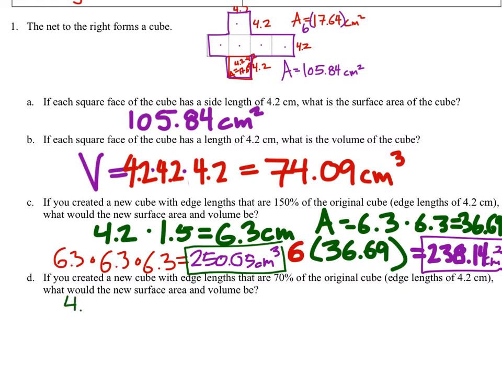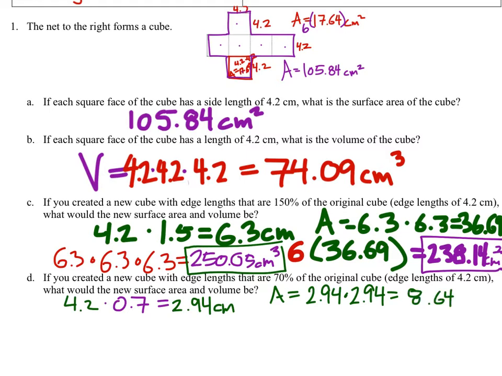So we got 4.2. Going to multiply this by 70%, or I could set up a percent proportion. That gives me a new length of 2.94 centimeters. The area of each square is 2.94 times 2.94, because it's a square. I'm going to round this to the hundredths,